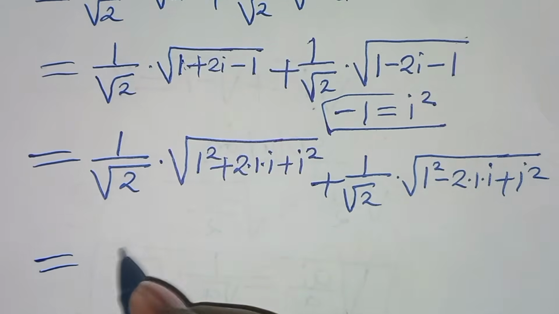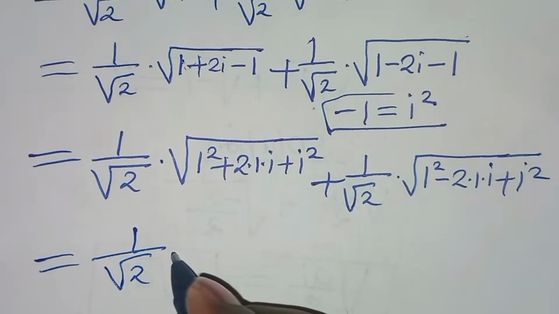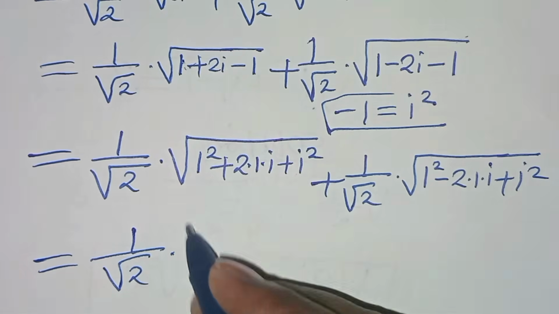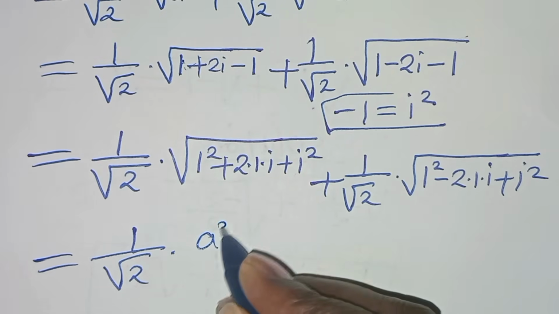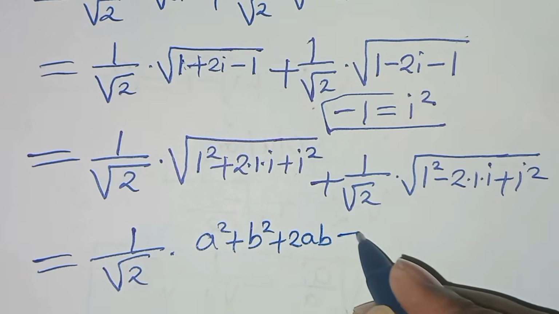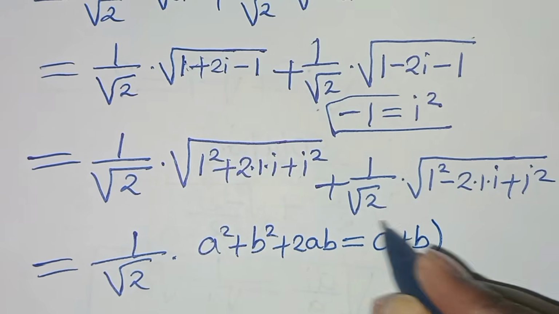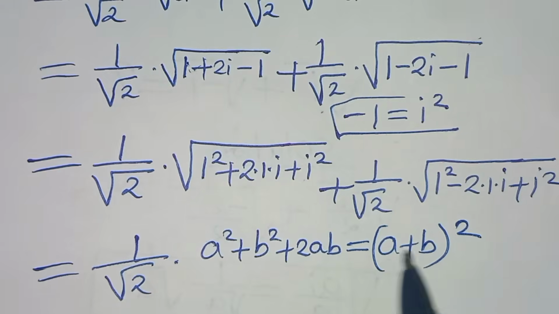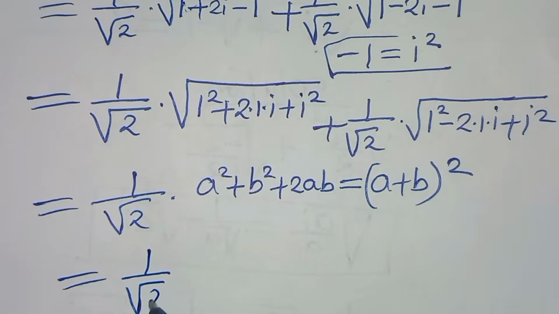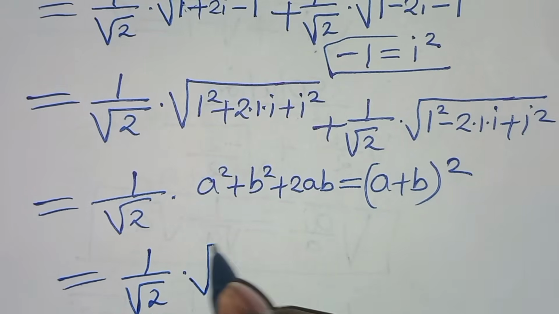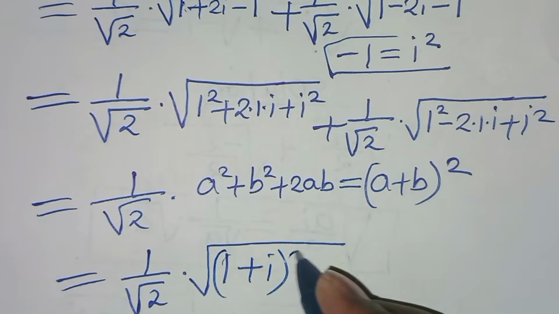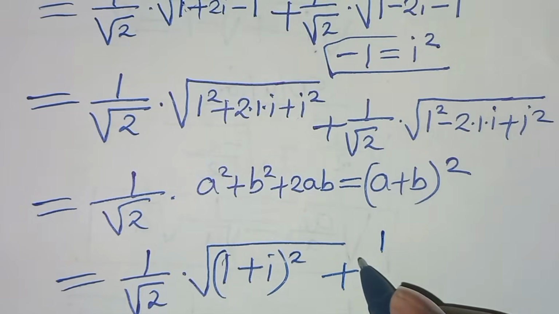So the next step here, we'll have 1 over the square root of 2 multiplied by, now 1 squared plus 2 times 1 times i plus i squared. This is in the form of a squared plus b squared plus 2ab, which we can express as a plus b squared. So let's apply this algebraic identity so that here we'll have 1 over the square root of 2 multiplied by the square root of, this is the same thing as 1 plus i squared, plus, now here we have 1 over the square root of 2